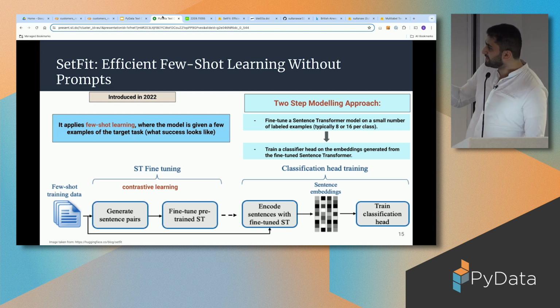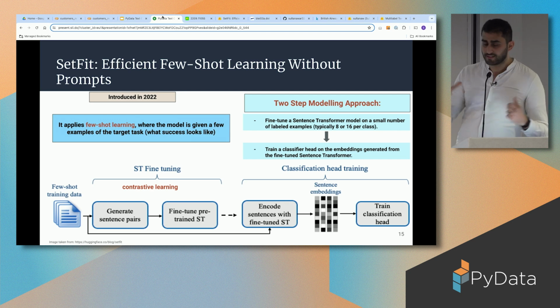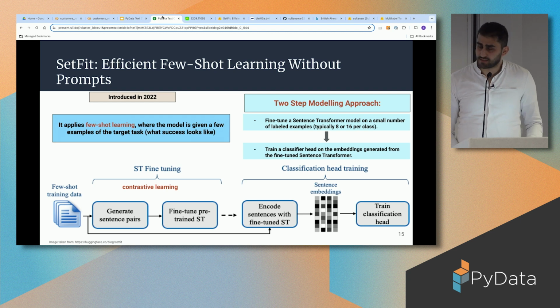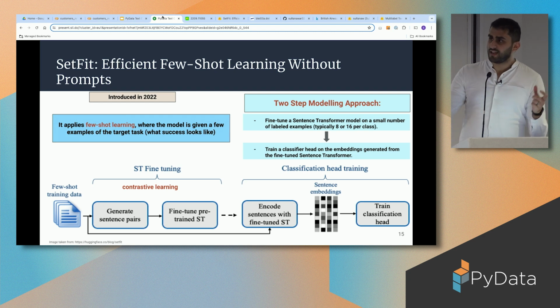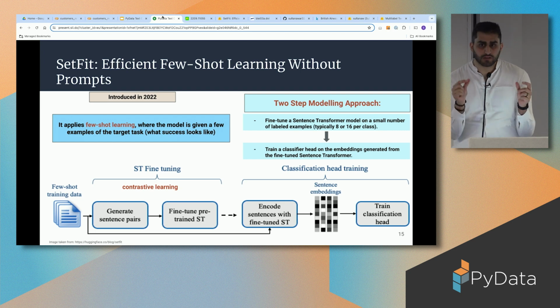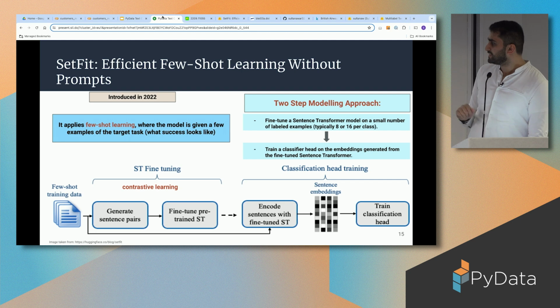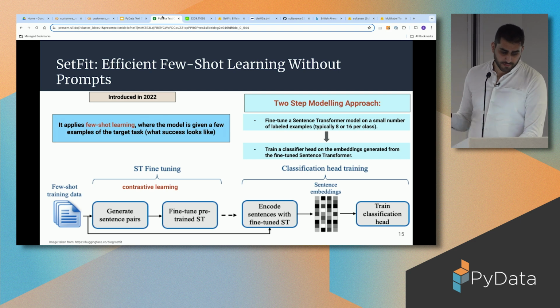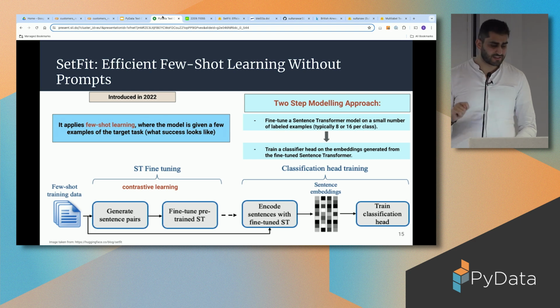I'm not going to go into details about the theory or the steps they applied for this sentence transformer fine-tuning, but it's worth noting that they take this small number of labeled examples, generate sentence embeddings from this set of labeled reviews, and apply something called contrastive learning, which is mainly used in the image